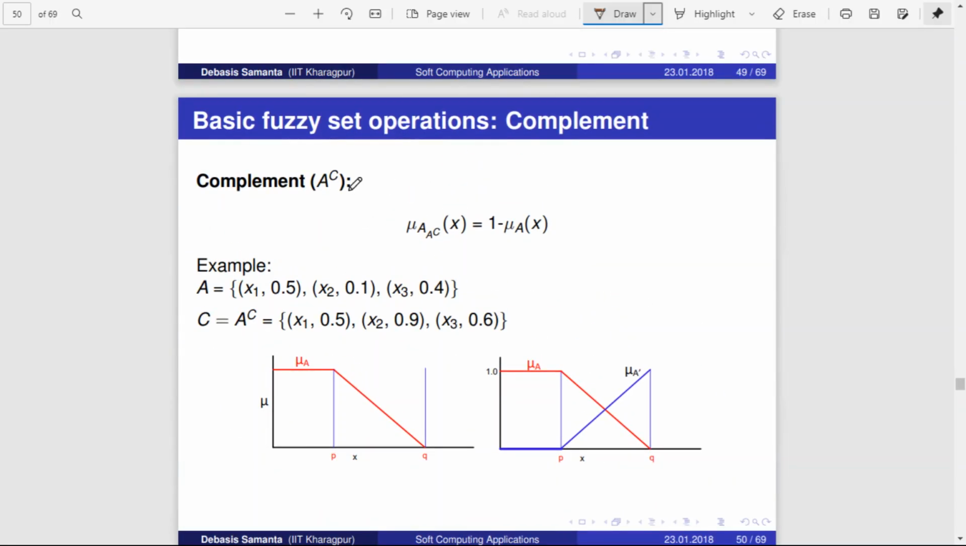Complement. So the complement of a fuzzy set A is given like this. The resultant membership function for the complement of a fuzzy set A will be 1 minus the membership function of A. It is just 1 minus the membership function of A. So if you have a fuzzy set A with these membership values, that is for x1 it is 0.5, for x2 it is 0.1, for x3 it is 0.4,